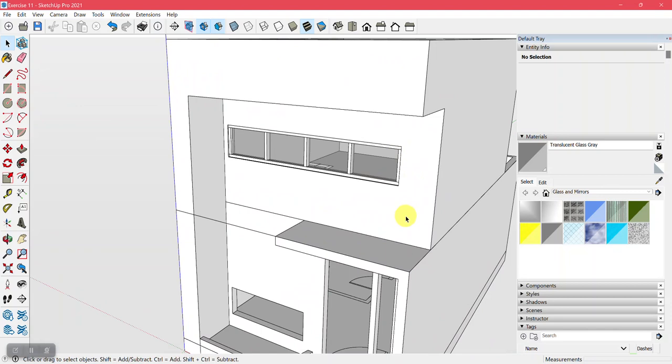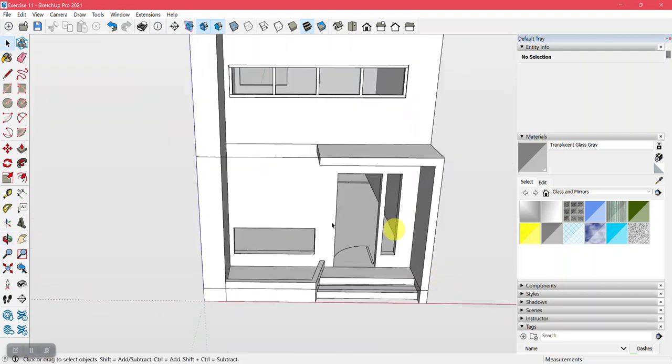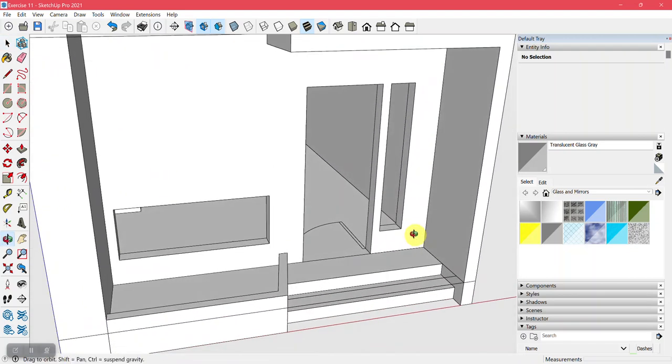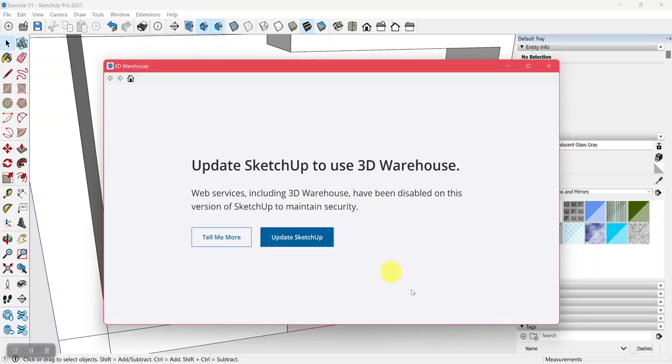Alright, so that's one option for how you might model a window if you are choosing to model your window rather than import from the 3D warehouse. I'm not going to go through and model all of these, but let's go ahead and move on to a door just so that we can remind ourselves how to import from the 3D warehouse. So you should be able to go to Window and 3D Warehouse,